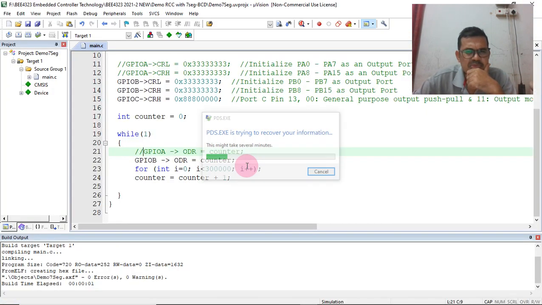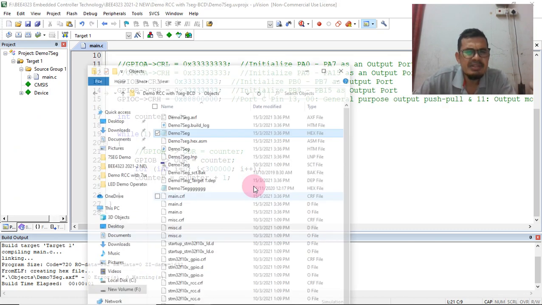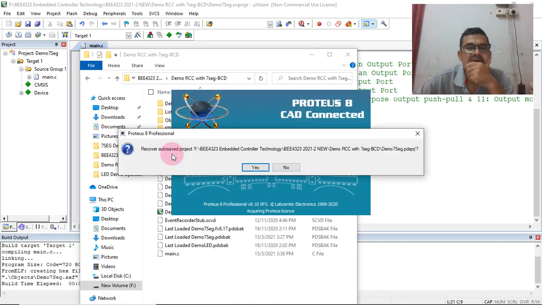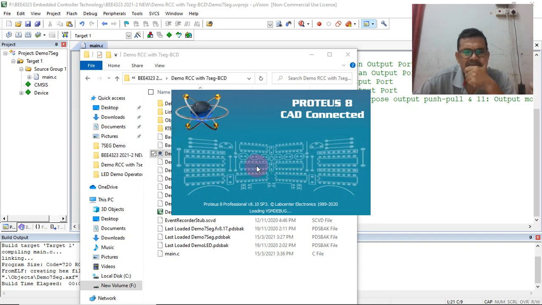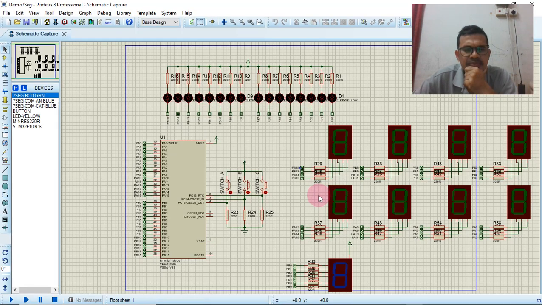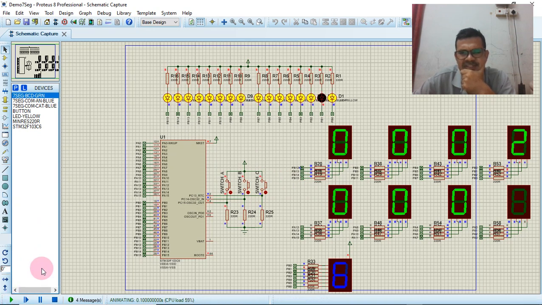So I close this program and reopen the file, this demo 7 segment, and recover. Okay, no problem. So run again. See, the counter for port B is working properly, 5, 6, but port A, here, now malfunctions. Why? Because I already disabled port A.